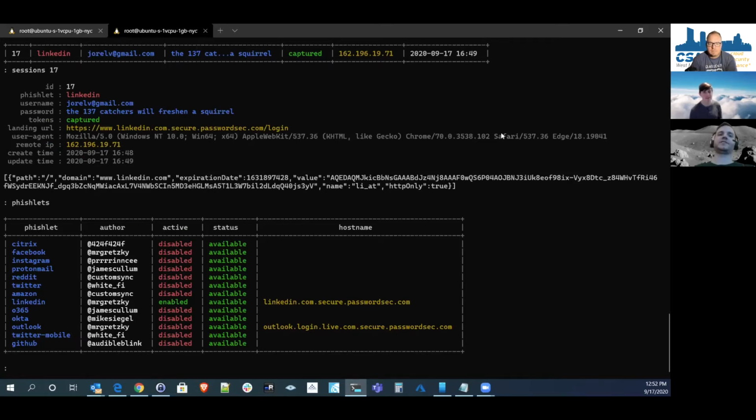Yeah, that's an excellent question. I'm glad you brought it up. So the reason that works is security key protocols, the ones that you just mentioned. There's public key cryptography between the browser and the key, and then the browser and the website. So when you use, say, Google Enhanced Security, which I very much encourage you to do, it